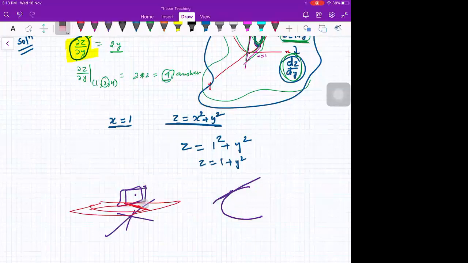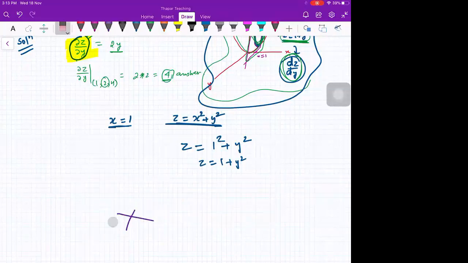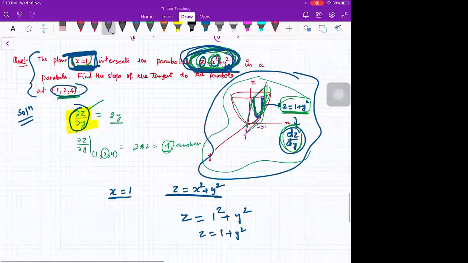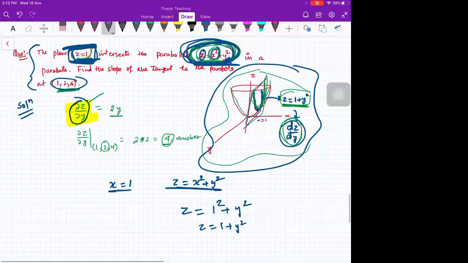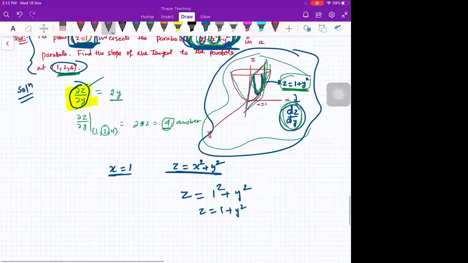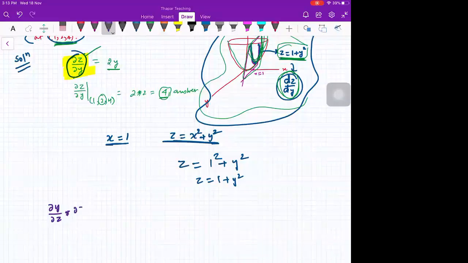Thank you. Ma'am, if we do it like del y by del z upon del x, del z by del x, what would that give? Sorry, again, del y by del z into del z by del x. y is an independent variable. Why can you not do the derivative of y with respect to z? x and y are independent. Okay, so these are independent. z is dependent, right? Okay, beta.